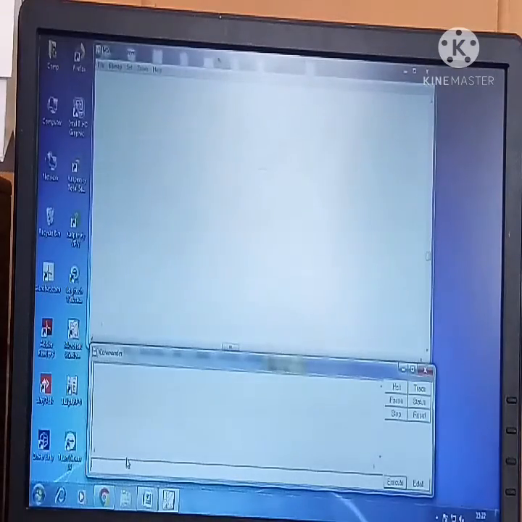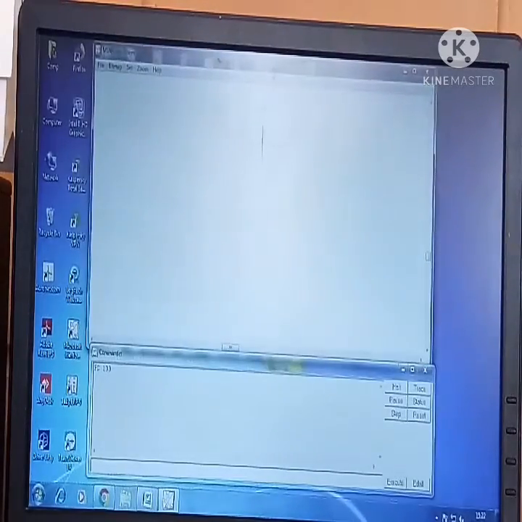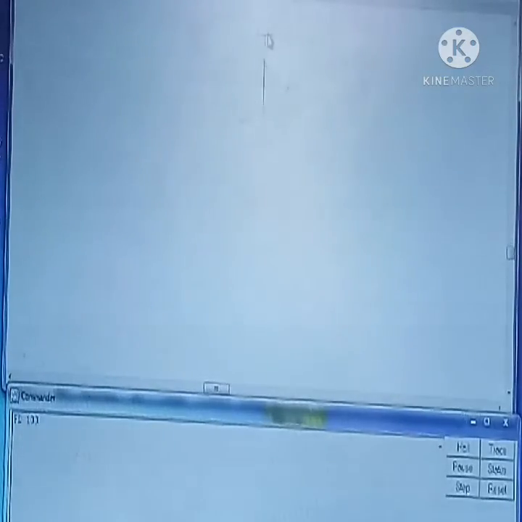I am writing FD here, giving a space, FD 100, and pressing the enter key. You can see the turtle is moving here. Can you see the line which it has drawn? The turtle has drawn the line now.